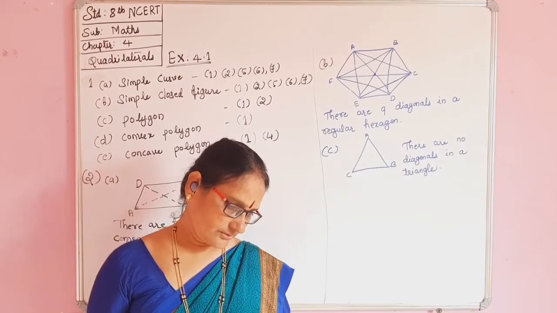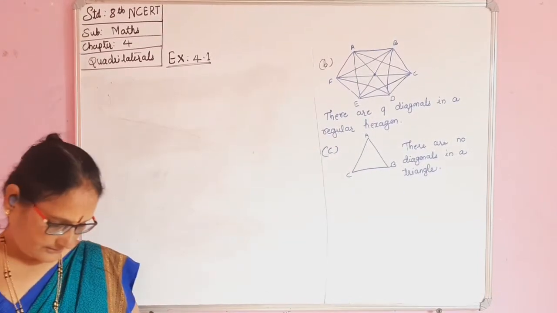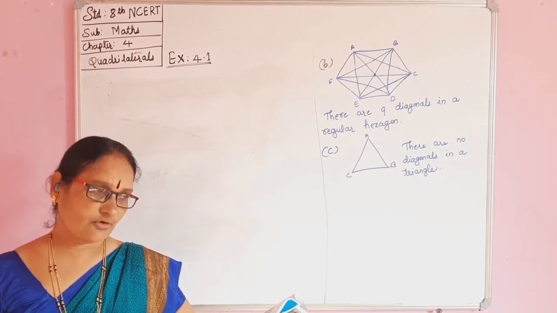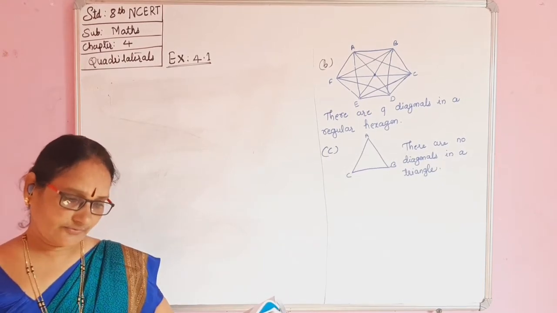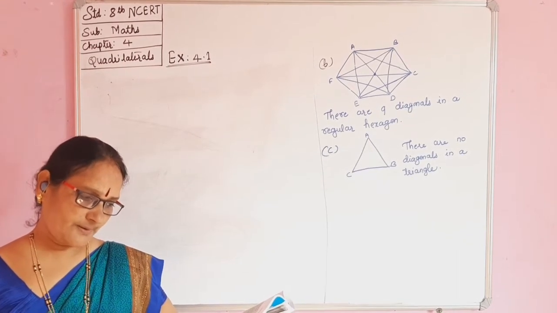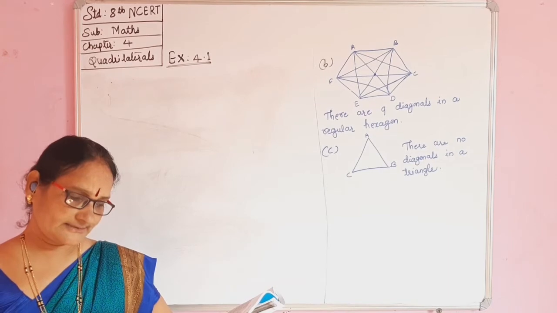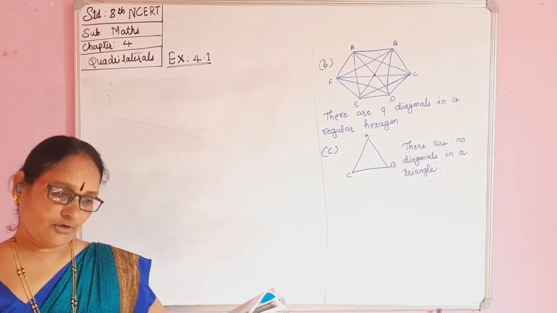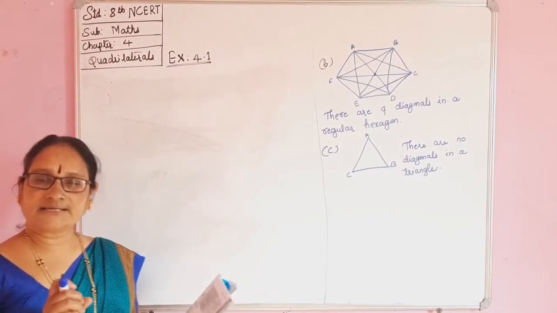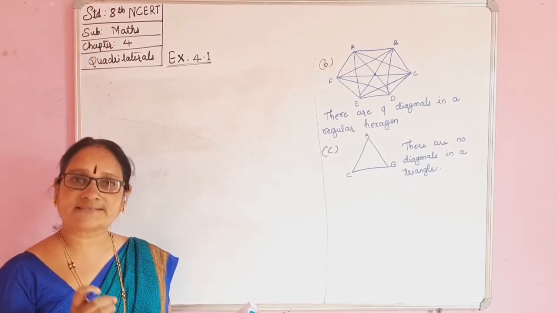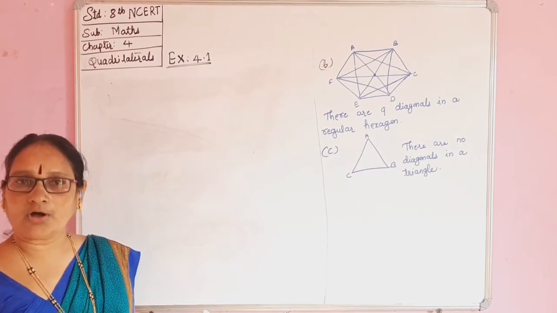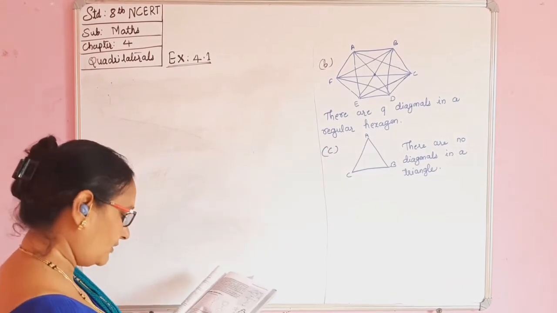I hope you understood the first and second main. Now the third main, I am going to start. What is the sum of the measures of the angles of a convex quadrilateral? First we have to draw one convex quadrilateral. What is the sum of the angles? We have to see. Will this property hold if the quadrilateral is not convex? Make a non-convex quadrilateral and try. First we will do for the convex quadrilateral.